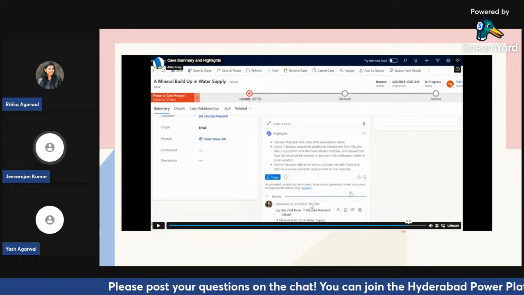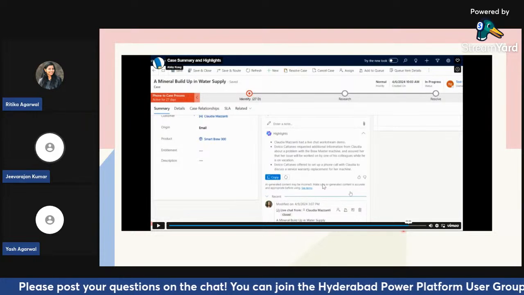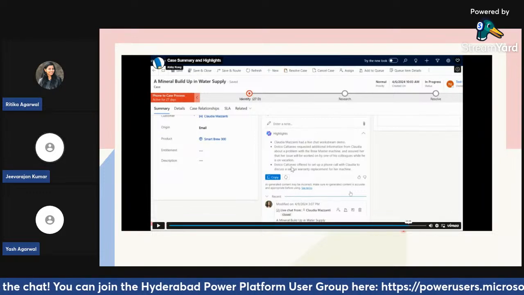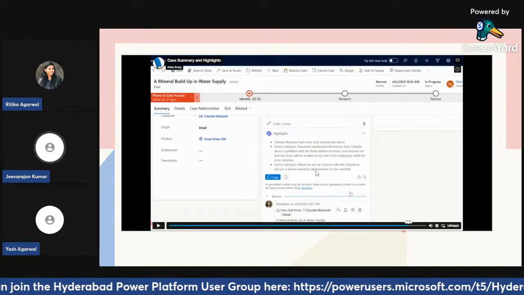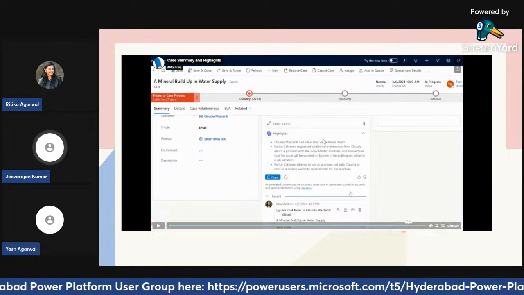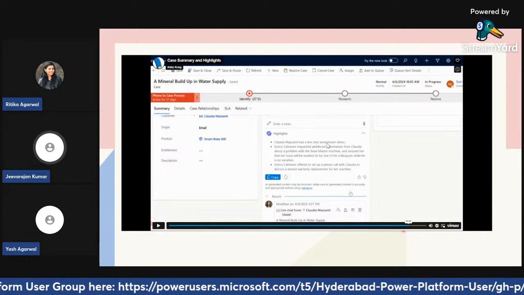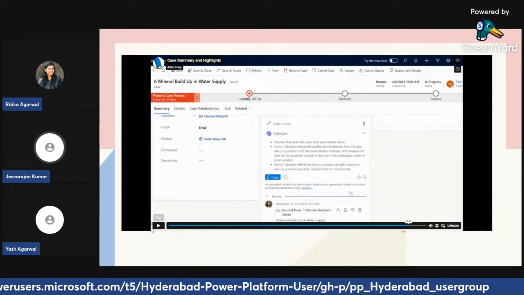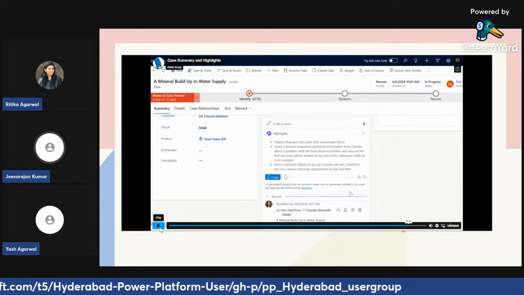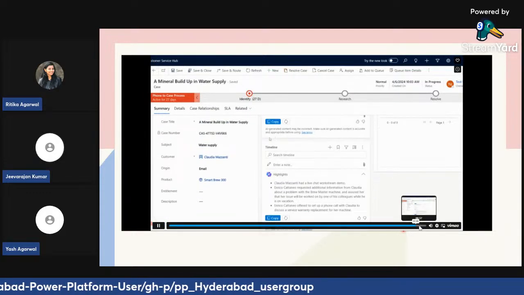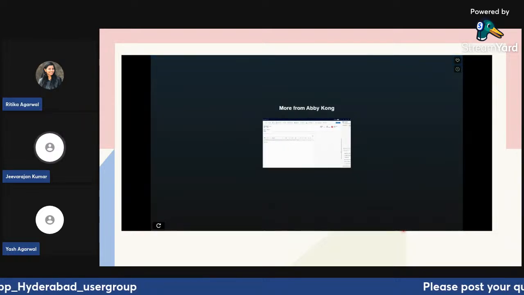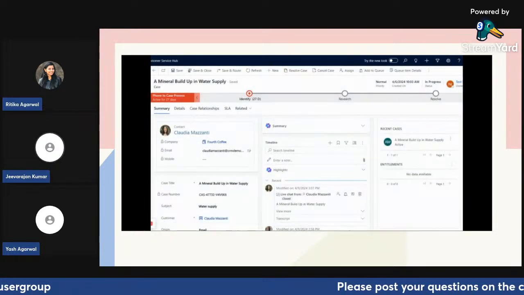So instead of you navigating and scrolling down through the different timelines and reading the activity one by one, and then providing the information to whoever is asking for it, in this way it's straightforward, and in a matter of seconds it generates the content regarding the timelines for the activities that have been done against that particular case. So that's what the case summary and the highlights timeline summary is. If I go to the next one,